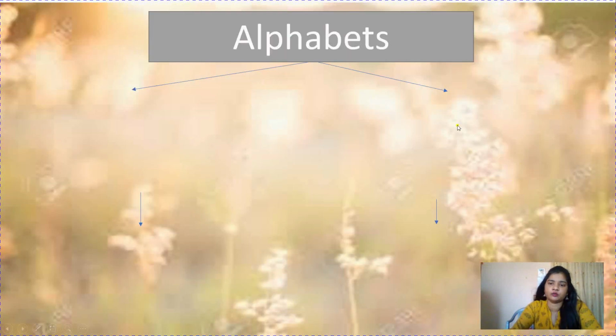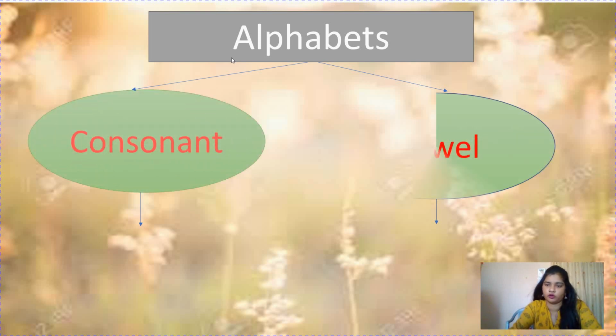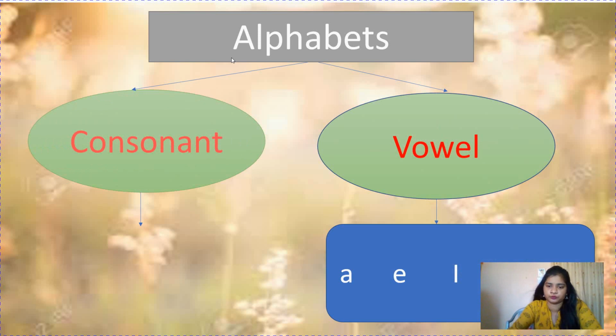Children, before learning what are articles a and the, what are its uses, where to use it, let's see alphabets. Alphabets has two things. First is consonant and second is vowel. All of you know which letters are used in vowel. Okay, A, E, I, O, U. Children, when I ask where should we use an, which article is used before a vowel,